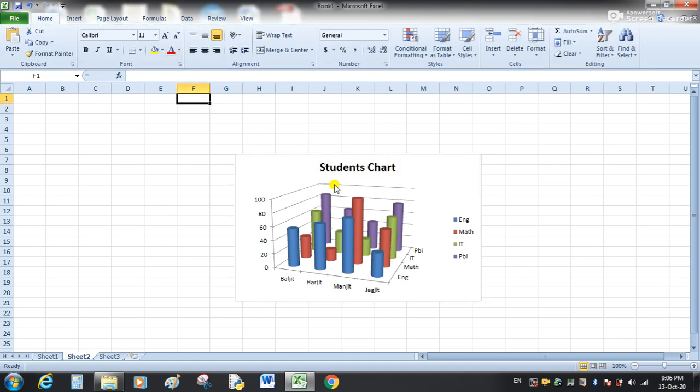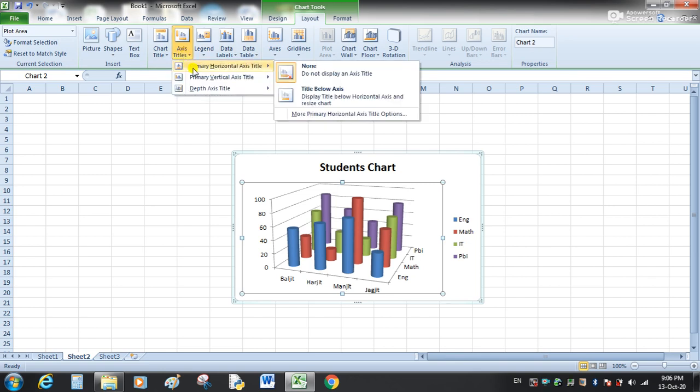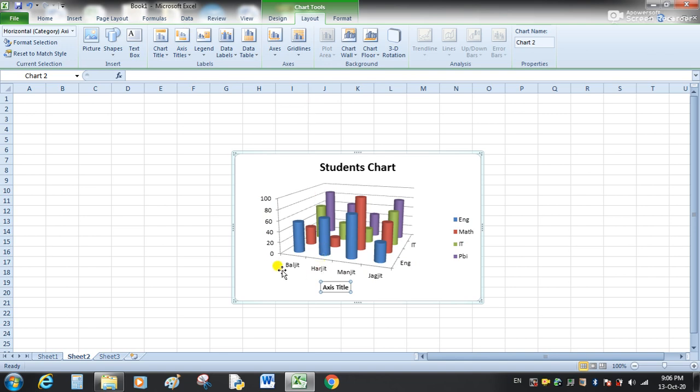Next we have axis title. Primary horizontal axis title. This is our horizontal axis. What are we displaying here? Names of students.